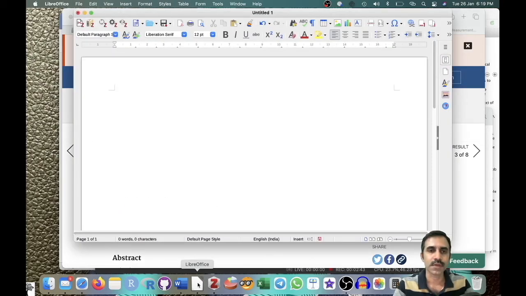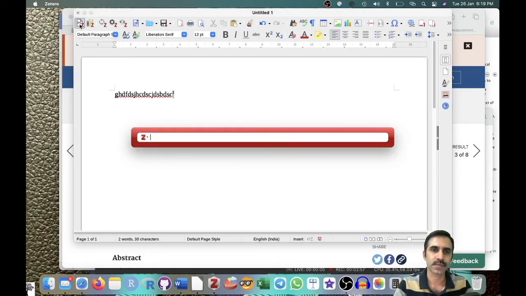open the word processor and create your manuscript and find the area where you have to cite this article. You click on the add edit citation tab and a search box will pop up.